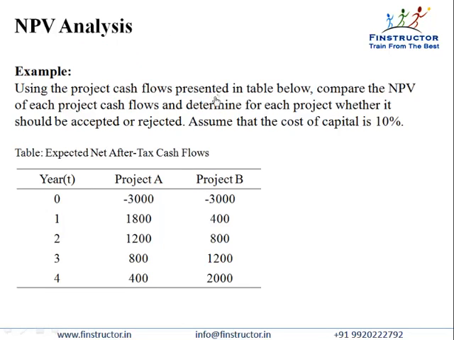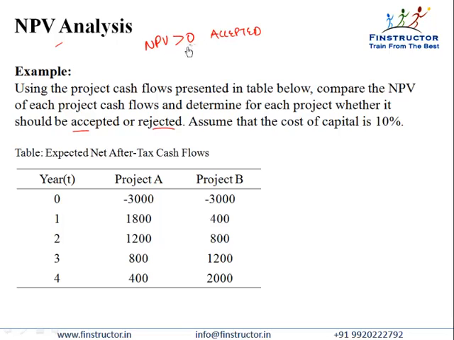Using the project cash flows presented in the table below, compare the NPV of each project's cash flows and determine for each project whether it should be accepted or rejected. Now remember guys, the decision criteria with NPV is that if NPV is greater than 0, then the project should be accepted,